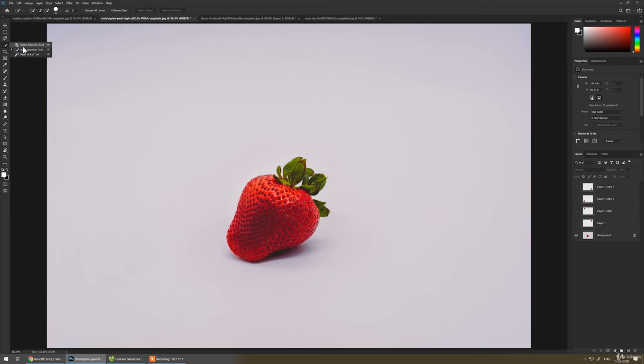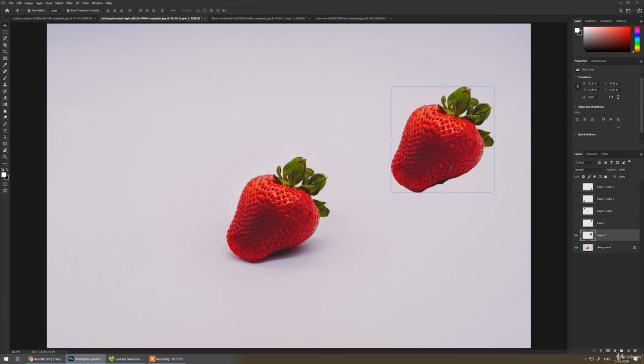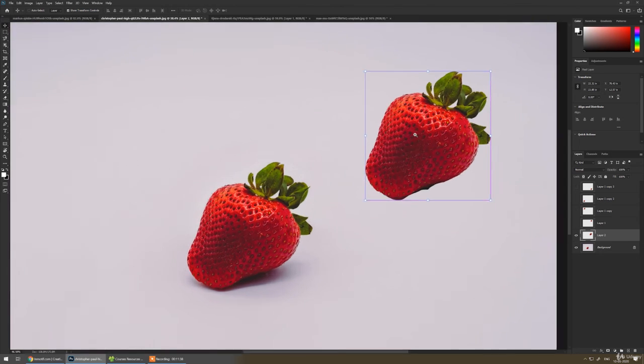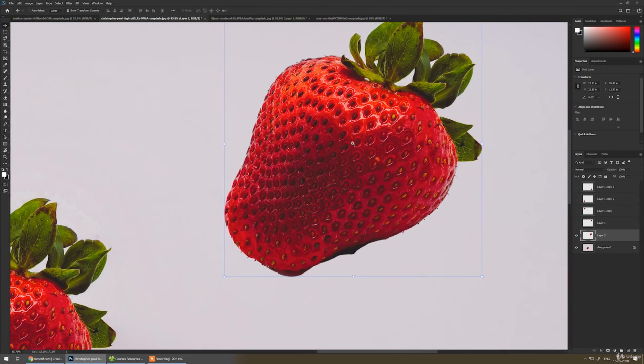We have the object selection tool here. We have to select a layer and click Select Subject. It will automatically track and do our job perfectly, and we can always press Ctrl J. And now you will tell me, then why the hell do we have to learn all these tools rather than use this one?